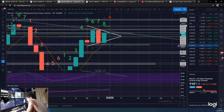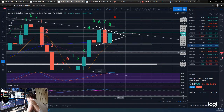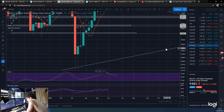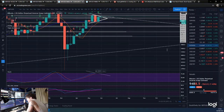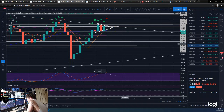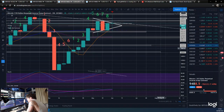So it always has been a big level, this 8,600. If we take out this 8,600, then we're going to the bottom of the larger pennant, I would assume, down to around here. Well, whatever point in time we reach it, but around this area. So that is actually sub 6k. But obviously, we're a long way from that at the moment, but we could easily start to break these levels down and move down. But like I said, I don't necessarily think that is the case